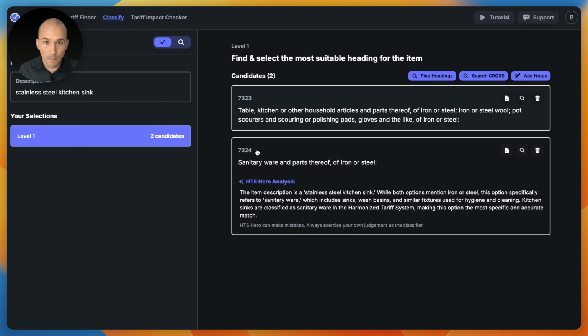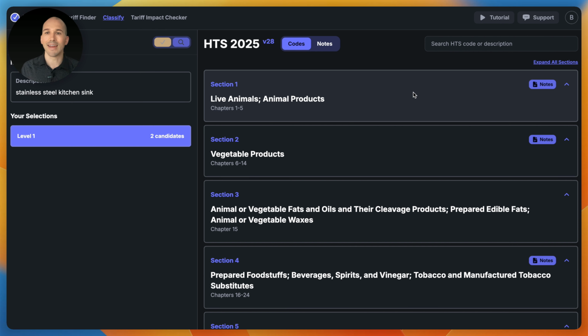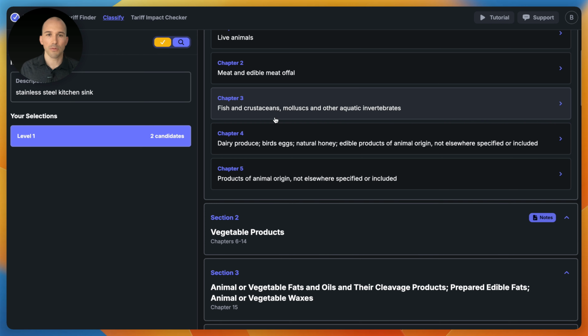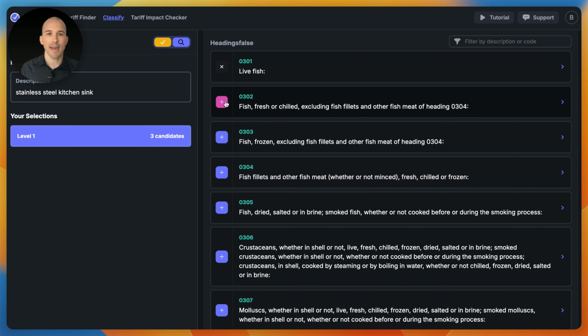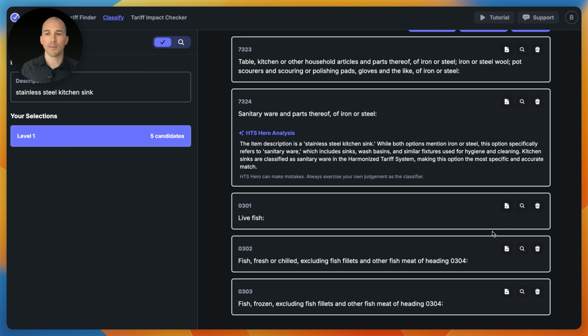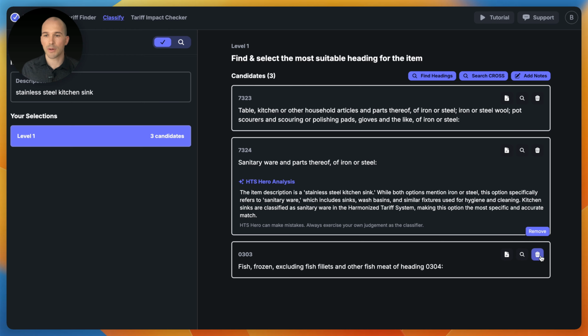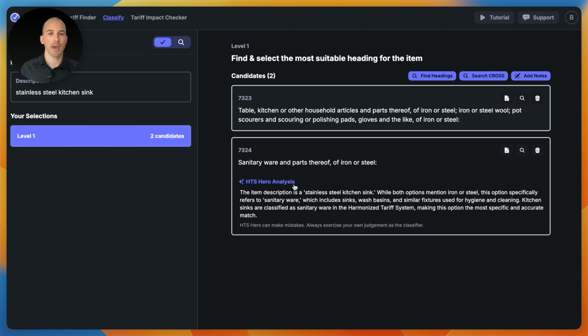It looks like the bottom one probably makes the most sense, but let's say neither of these options make sense. What you can do is really quickly click Find Headings, and you can go through the entire HTS and add any heading that you like. And if you jump back over, you'll be able to see those headings in here, and you could select one of them if you wanted to. For now, we'll just remove those because they didn't make sense for this classification,